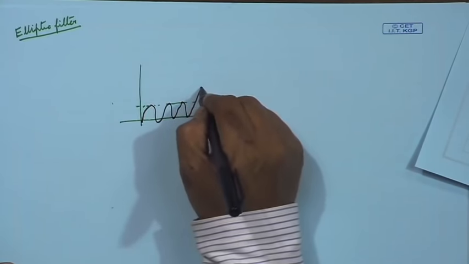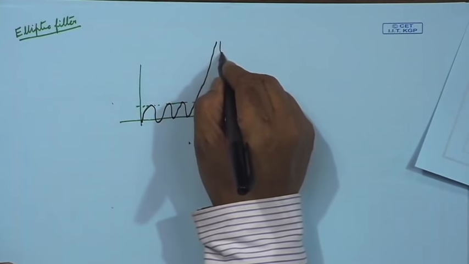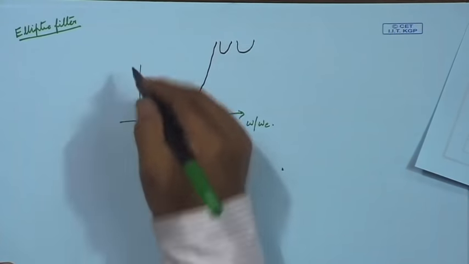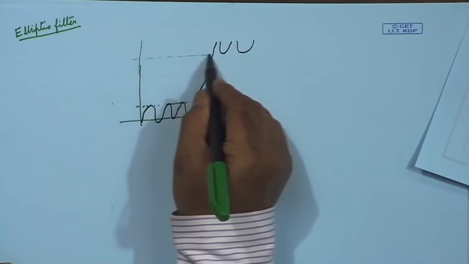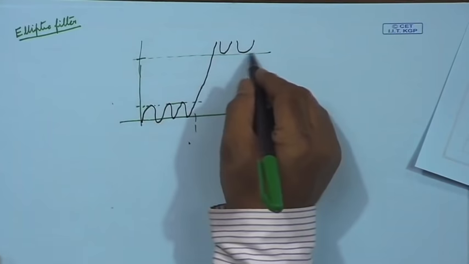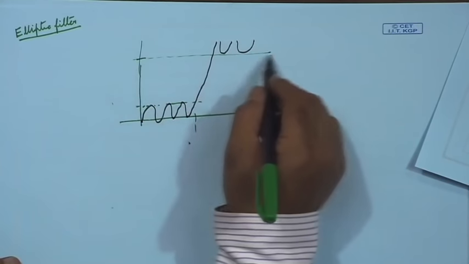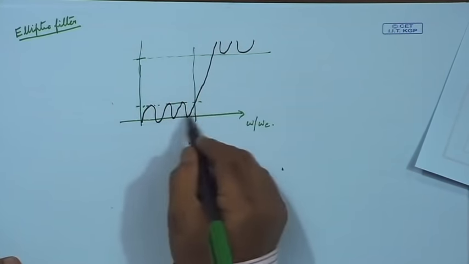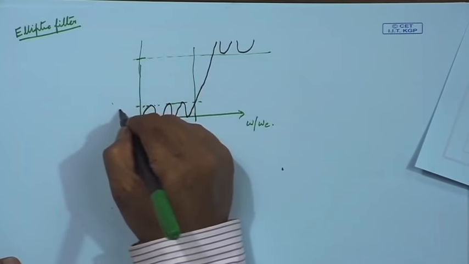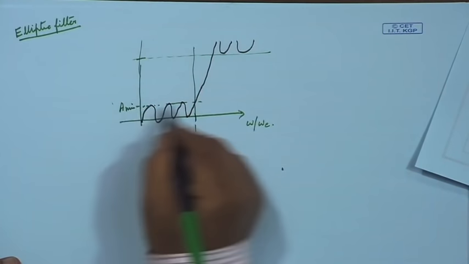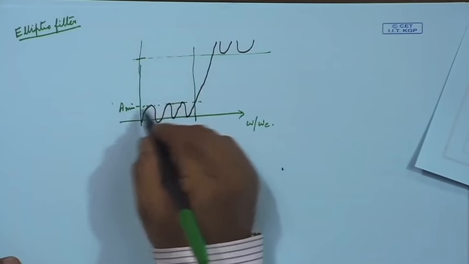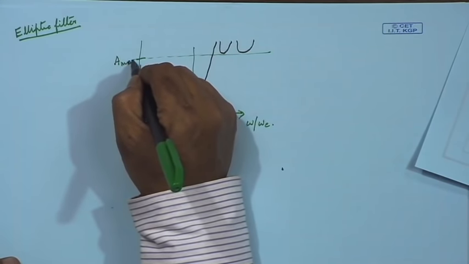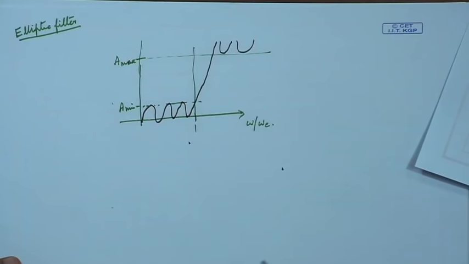So, it goes and then here again it has ripples, but no problem if you specify that at least everywhere I want this attenuation in the stop band. This is your stop band, this is your pass band. So, here as before you can specify that in the pass band it is beyond this and the stop band attenuation should be like this, then you go for